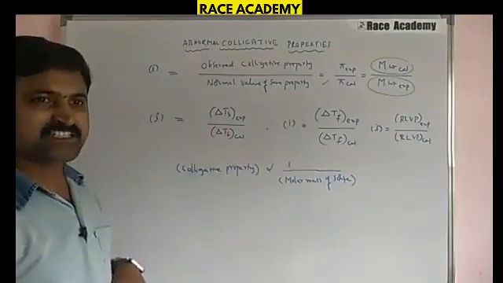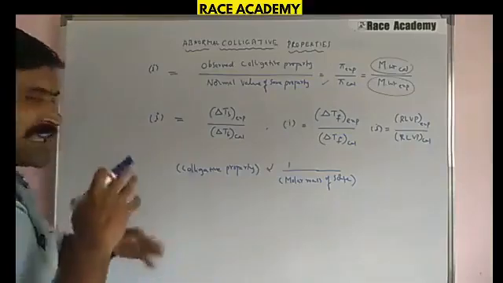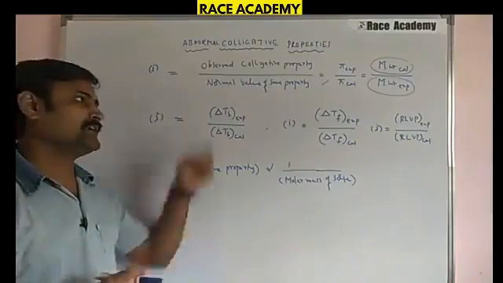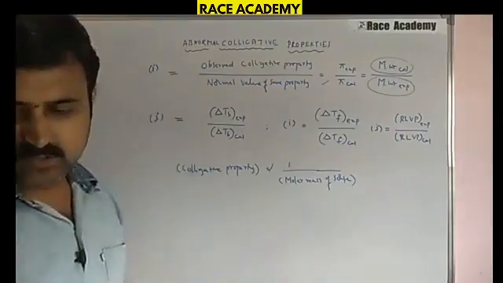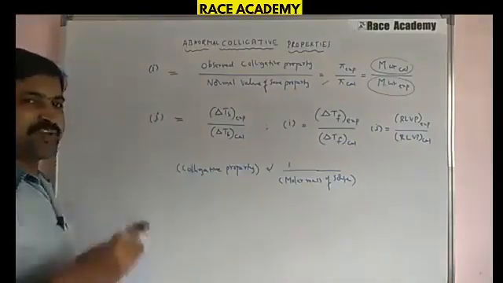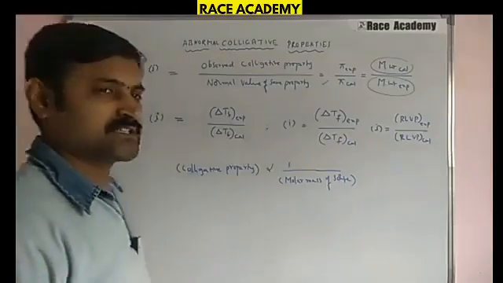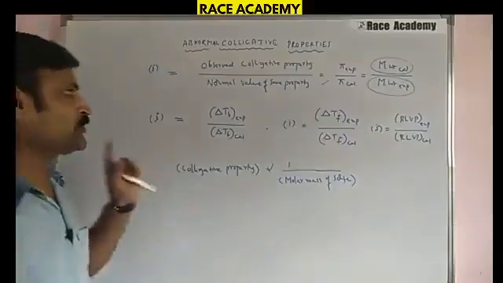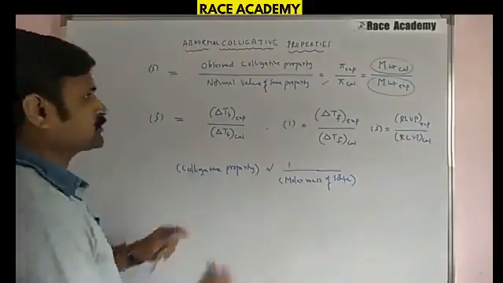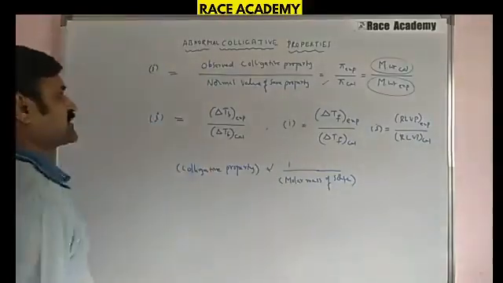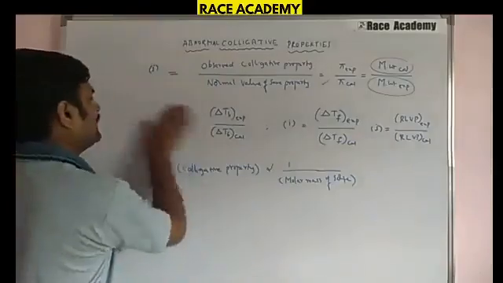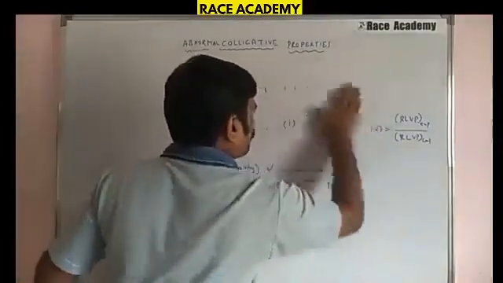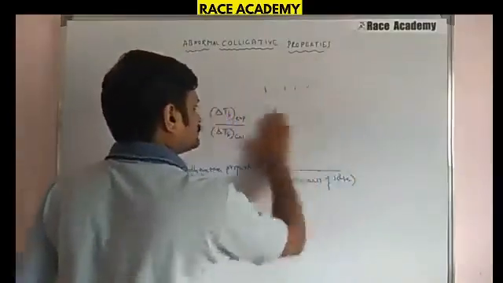colligative property expressions. That means we can modify the expressions by adding the Van 't Hoff factor to all the colligative properties. We are doing this to achieve accurate molar masses of the non-volatile solutes, and the expressions of the colligative properties have to be modified. So we will see the modified expressions of colligative properties including the Van 't Hoff factor, because of the abnormal colligative properties and molar masses discussion.